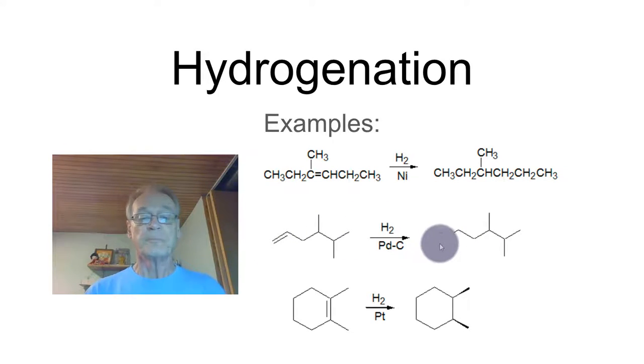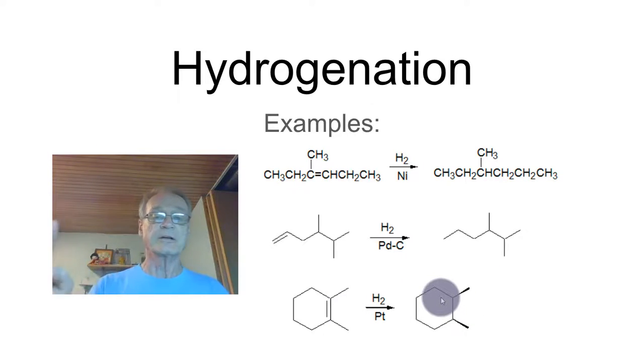It becomes a methyl group. Here's another example, this time on a ring, and that shows the stereospecificity in particular. So when you add 2 hydrogens across these 2 carbons, it becomes a single bond. But these 2 methyl groups that were on the double bond now end up being cis to each other because